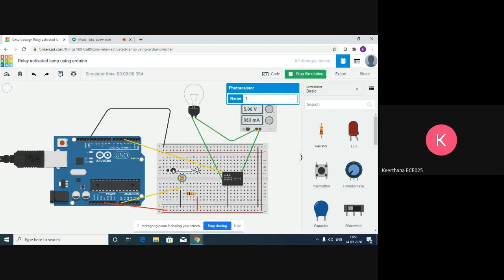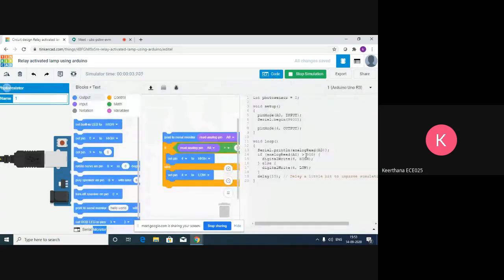Initially my LDR is under a bright condition. So I am covering this LDR. Whenever I cover this LDR, its resistance increases and my lamp will turn on. I have used code blocks. It is just getting the input. I am setting a threshold of 500, because this 500 is the intensity of the light, and whenever there is conduction, the intensity will usually be high.